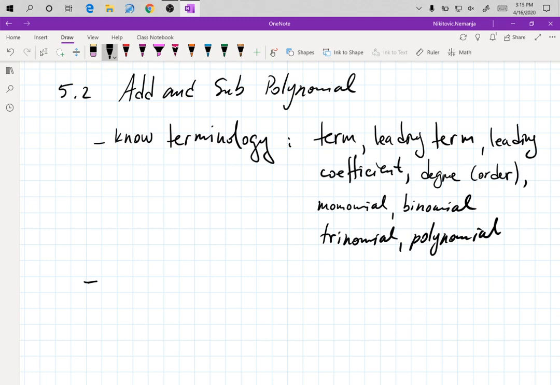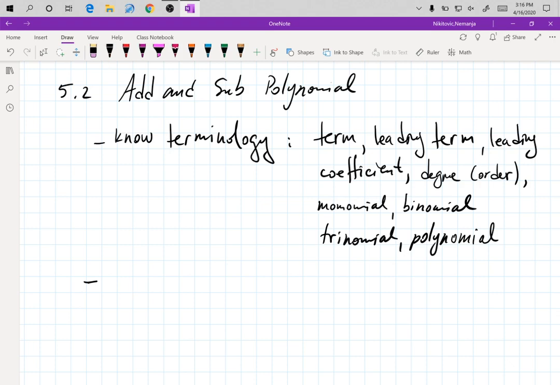They are in a stream, in a lecture. You can go back and find them all if you missed any of them. But make sure that you know all of those words, so you know what the problem is asking you when they say factor polynomial, right? The next one is